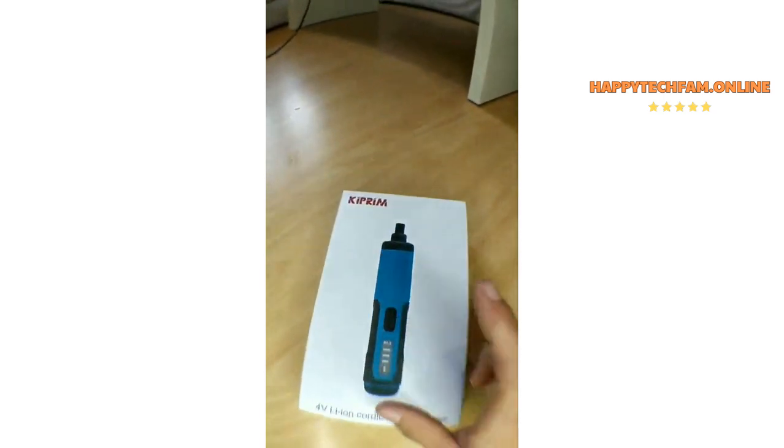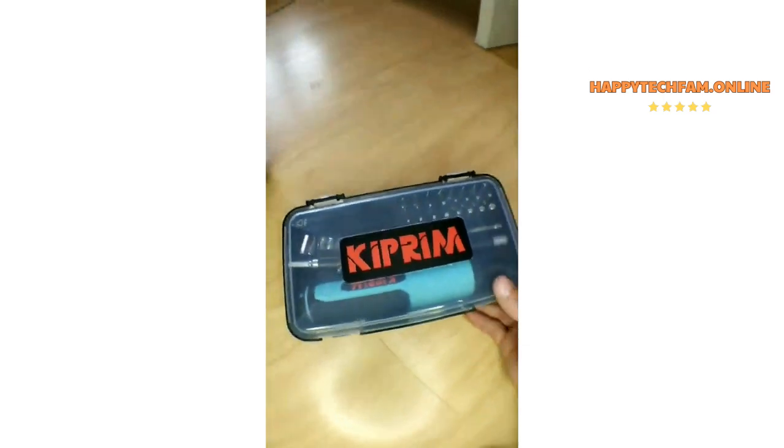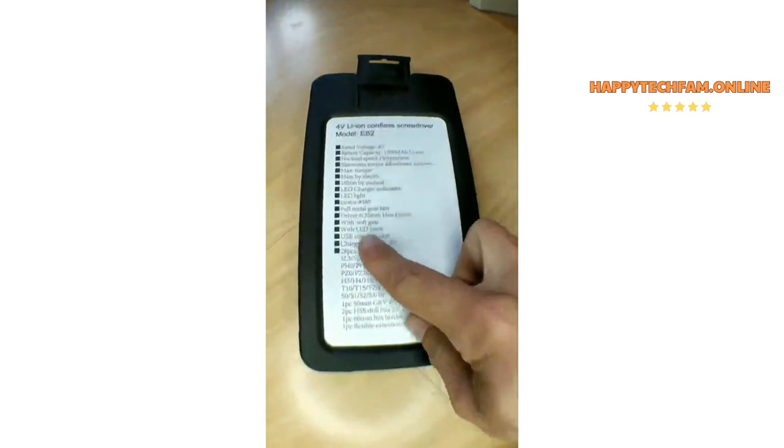Y le damos al botón. ¿Cuánto queda esto? Y le damos al botón. Se me quedó pillado el...